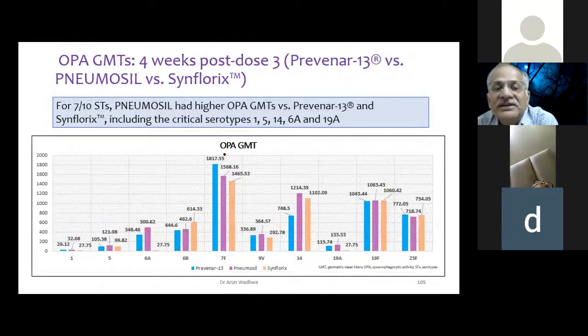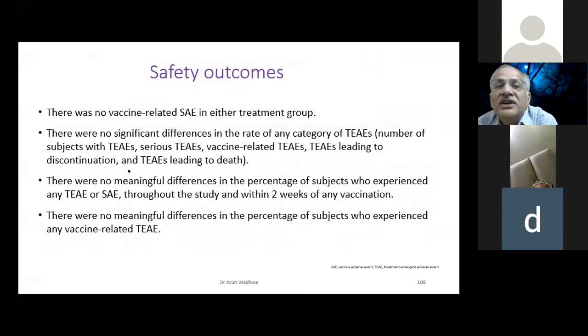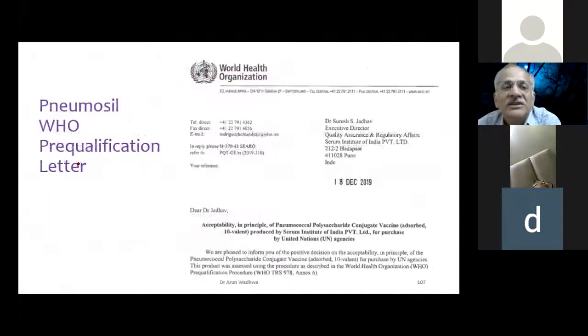And all the 3 vaccines more or less do the same, except for 1 or 2 here and there, like 19A, the old PCV10 does not show because it does not have. 6A does not show because it does not have this serotype. And again, cross protection is not showing major things. And safety concerns of all the 3 vaccines are more or less the same. Adverse events are more or less the same, starting from local systemic side effects, they're all the same.